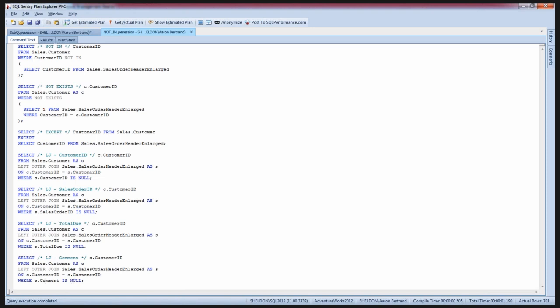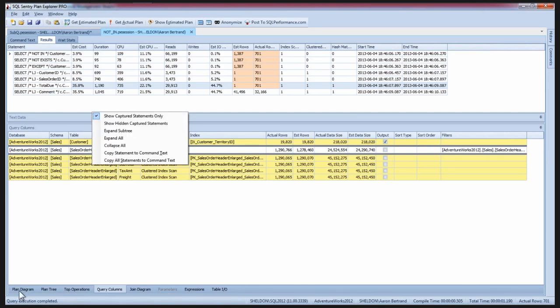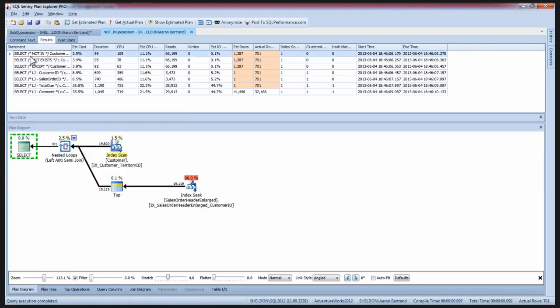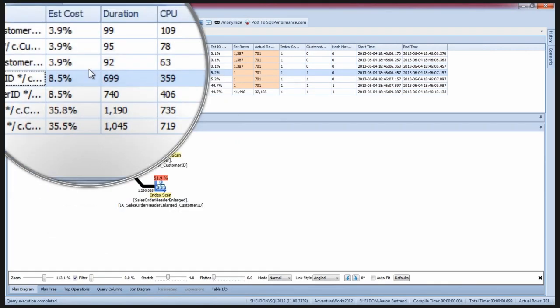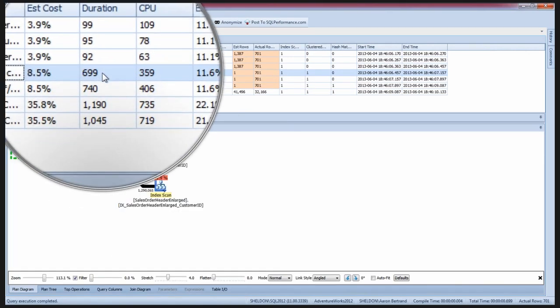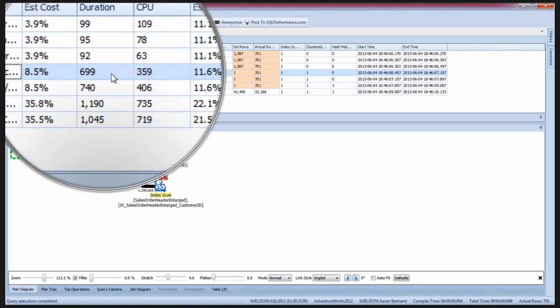And if we look at the results, I'm not going to run it again, just in the interest of time. But we see that, if we go to the plan diagrams, the NOT IN and the NOT EXISTS, in this case, produce identical plans, and they also produce pretty identical results. And the EXCEPT, same thing, very similar plan and similar duration. Now, when we get into the left joins, no matter which one we use, we see that the performance is quite different. So as soon as we start using left outer joins instead of the first 3 patterns, we see an escalation in duration, and we also see